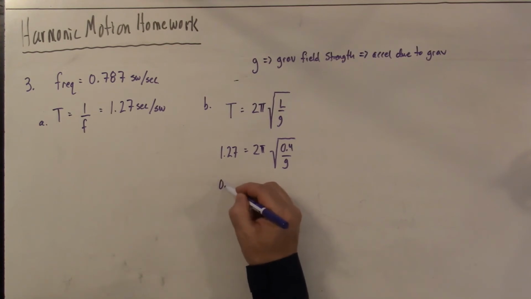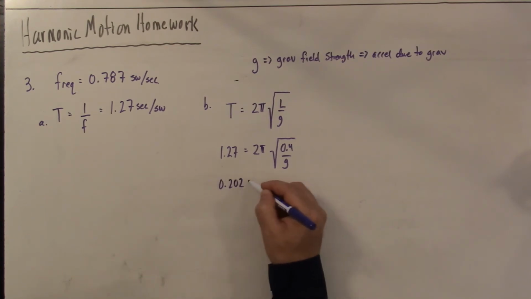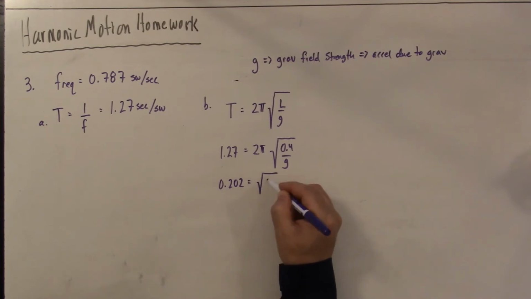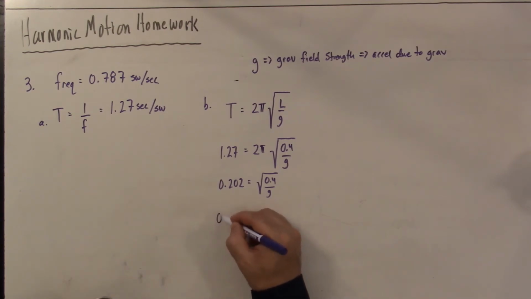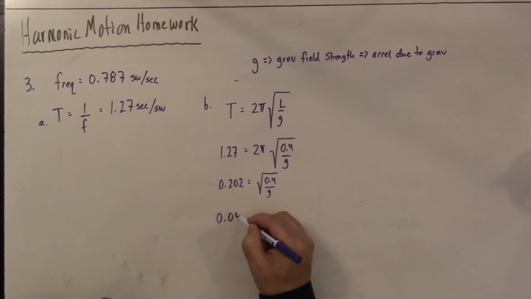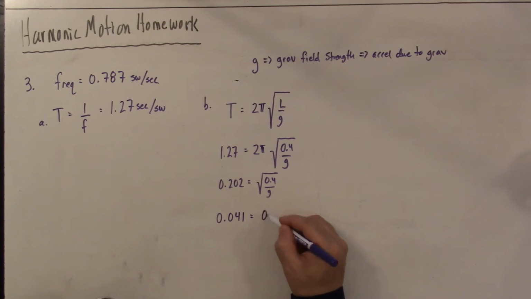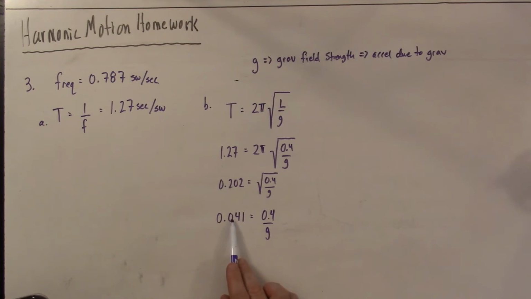And I have 0.202, and that's equal to the square root of 0.4 over g. I'm going to square both sides. So on this side I have 0.041 is equal to 0.4 over g. To solve for g, I'm going to divide both sides by 0.041, multiply both sides by g. I end up with g is equal to